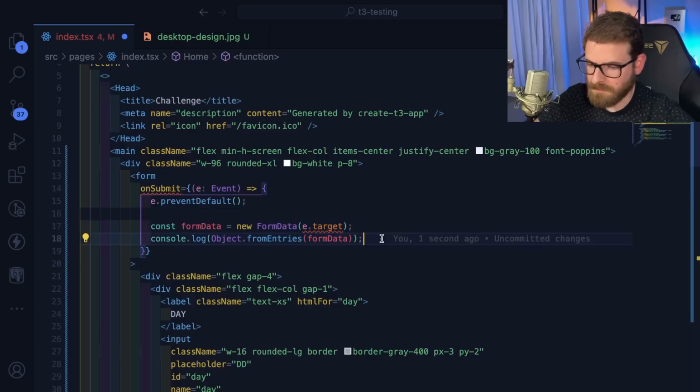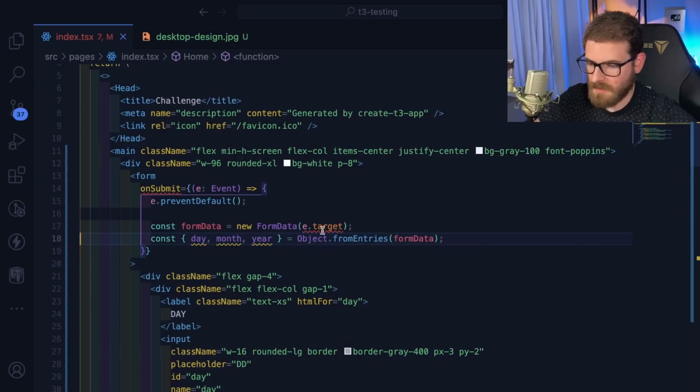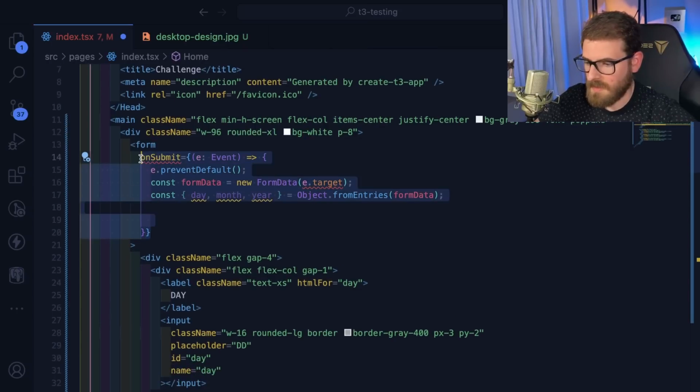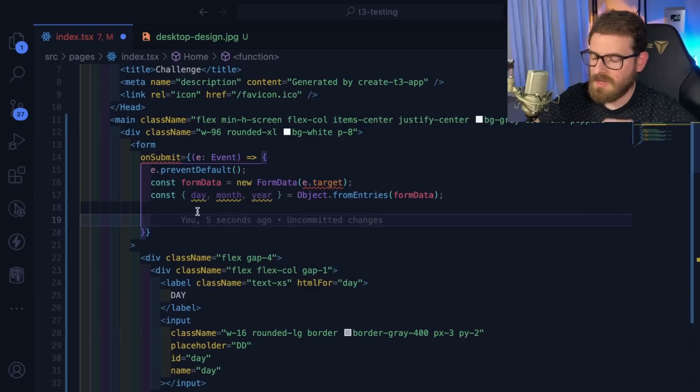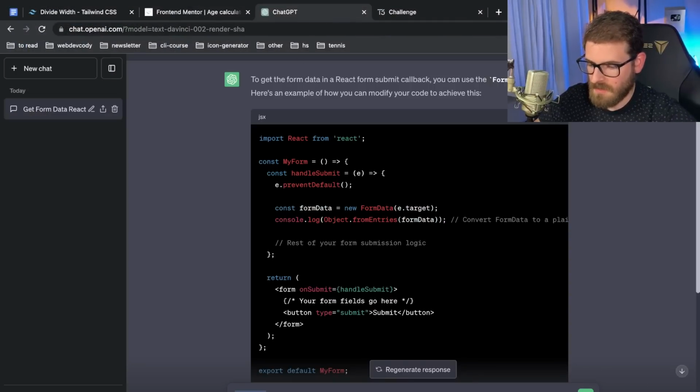But what I would do is destructure the form data. So I'll say day, month, year, and I'll say equal to form data. Actually, I'm going to equal it to this. Okay, so that'll give us the day, month, year that the user has typed in. And then what we want to do is calculate the time elapsed from today against what the user has typed in. So let's go back here. I'm going to say calculate the months, days, and years elapsed from the time typed in from the form data